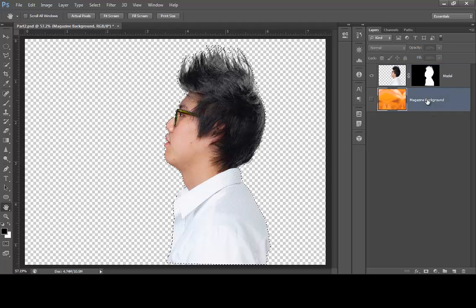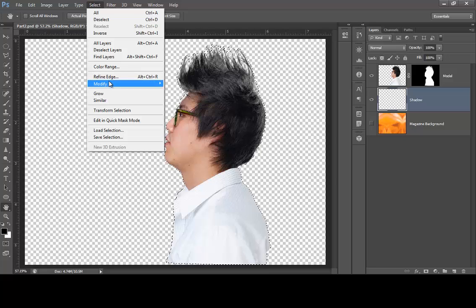Now I'm going to click on my magazine background layer. I'm going to create a new blank layer above it. I'm going to rename the layer by double clicking on layer 1 and name it shadow. Now that selection is no longer on the model layer, it's on the shadow layer. Okay, not the pixels, just the marching ants. Now I'm just going to refine this a little bit, so I'm going to go up to select, refine edge,